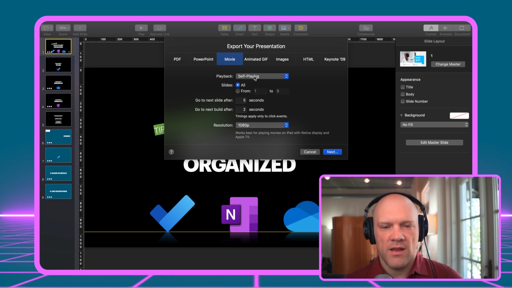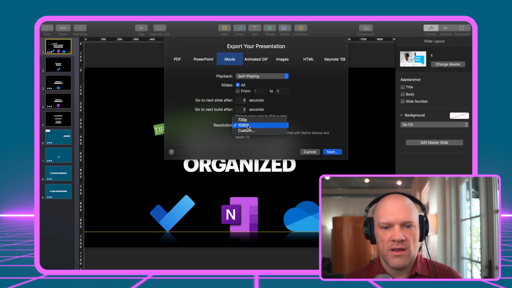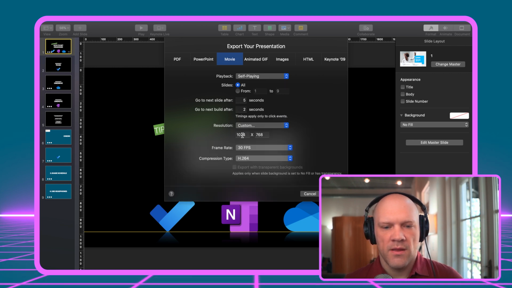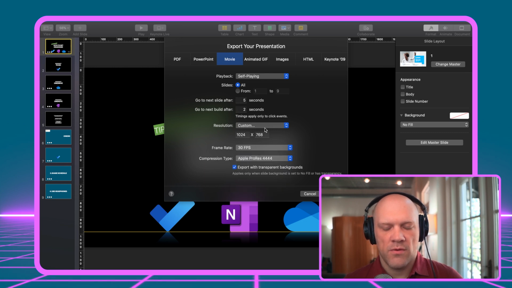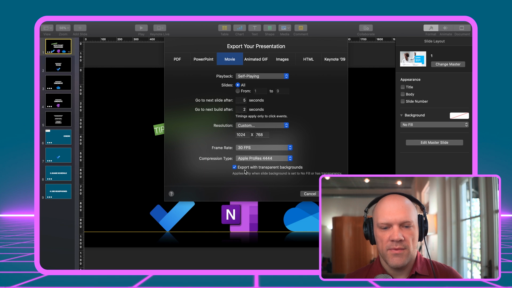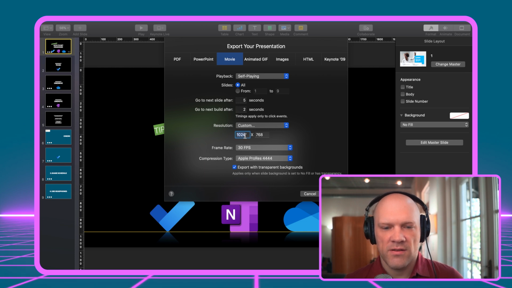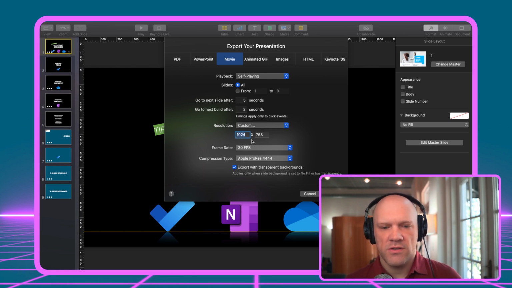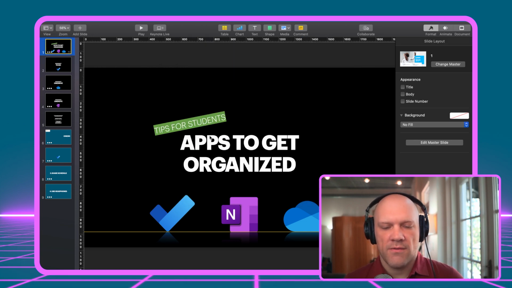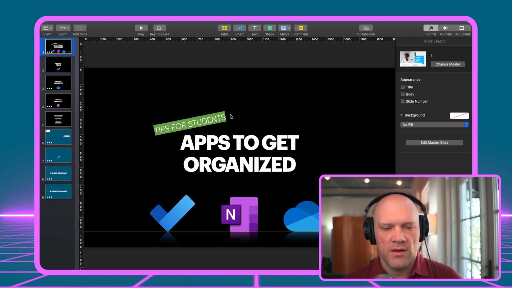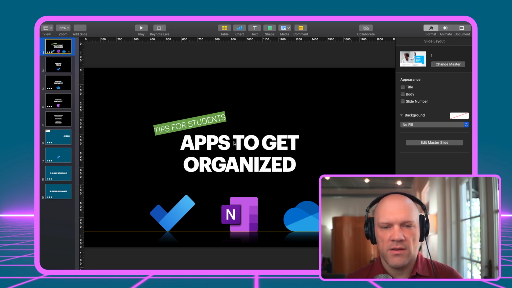If you wanted to keep an animation, we could just leave these settings here, and we would go to Custom under Video, and we need to change this to ProRes 444. And make sure export with transparent backgrounds is selected. Now, of course, I would up the resolution to a UHD resolution right here, but doing this will allow you to have a transparent background when you move it into Final Cut. So it's not actually a black background, it's transparent.